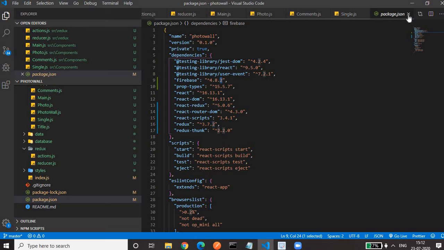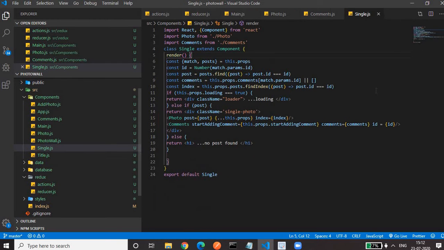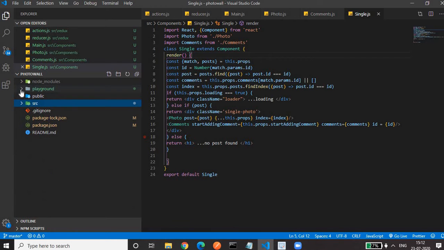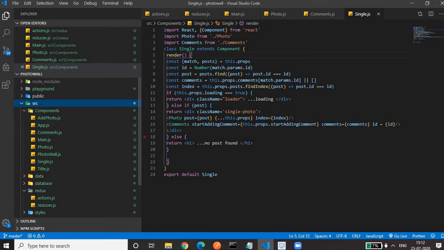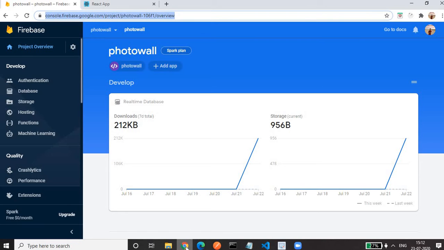This is for the confirmation whether our npm install executed successfully or not. So let me close it. Okay, so what next? For configuring your project with Firebase, what you have to do, just click on here.